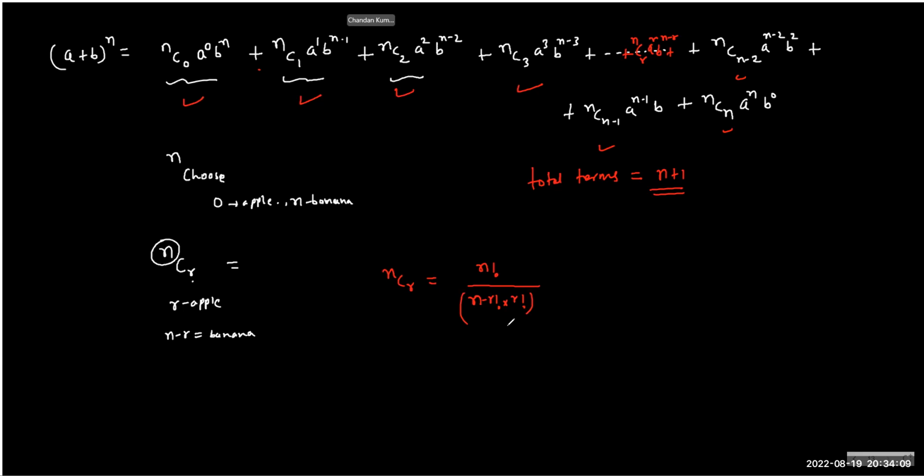So you're actually picking the apple in factorial r ways, and you're picking the banana in factorial n minus r ways. So to pick both, to complete the event, you are doing the product, and factorial n is the total number of ways in which n foods can be arranged,